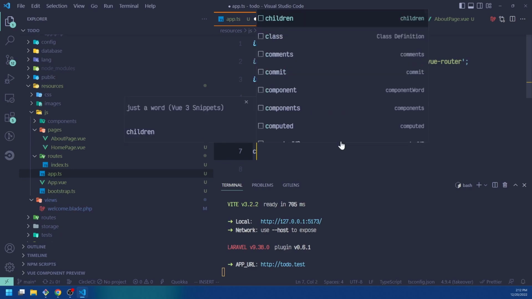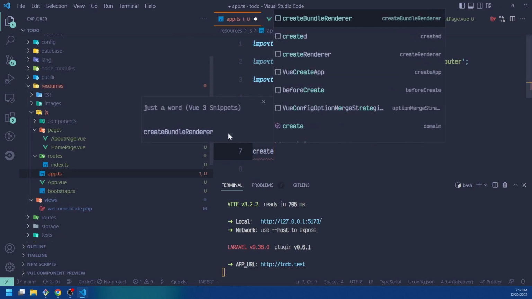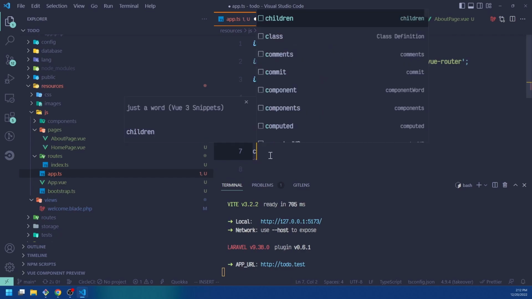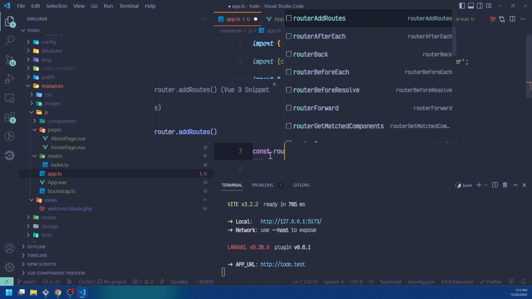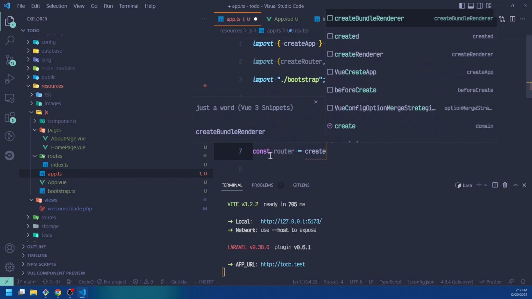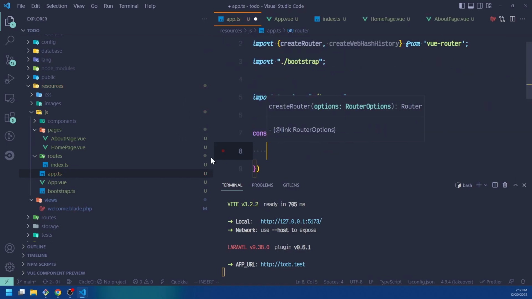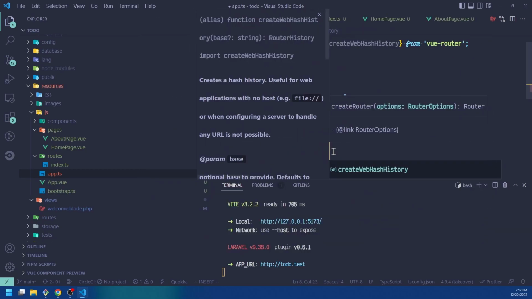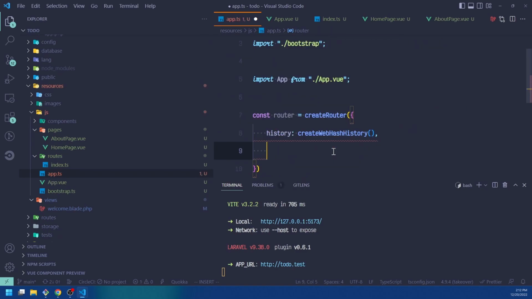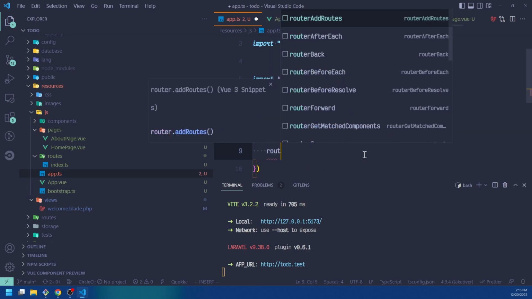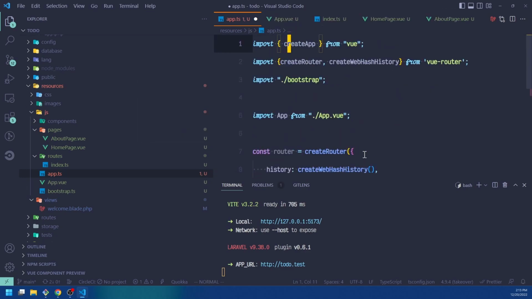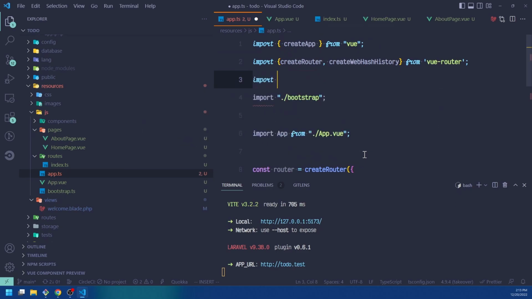So we need a const for router. I'm going to create that router. And we're going to change the history here to create web hash history. Again, this just sets a few things up for us. And this is going to be where our routes go, but we haven't imported that yet. So let's import routes from